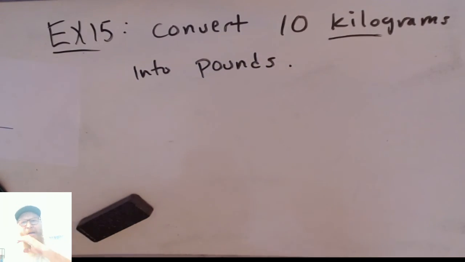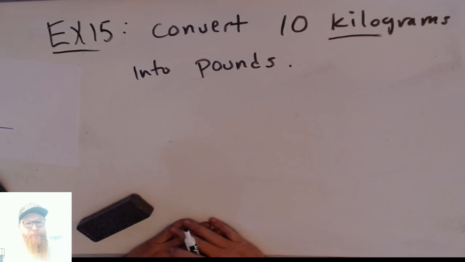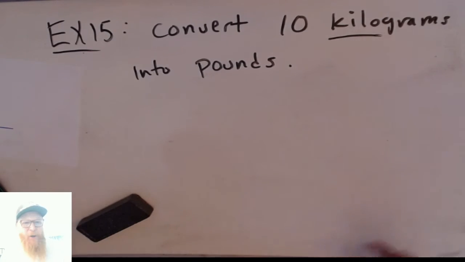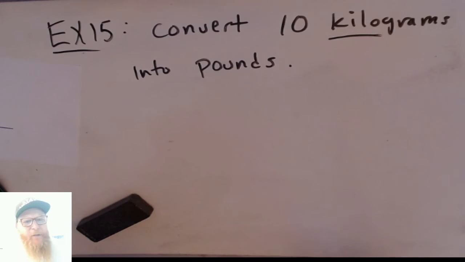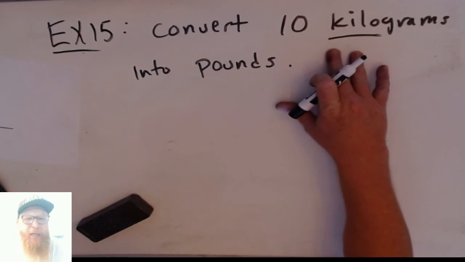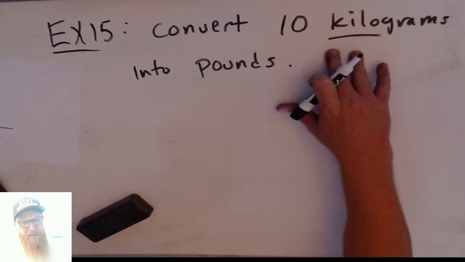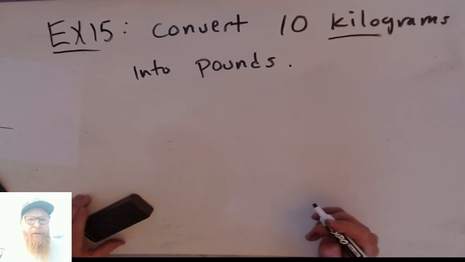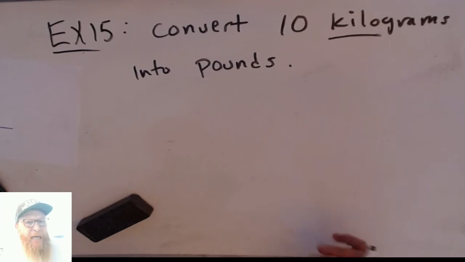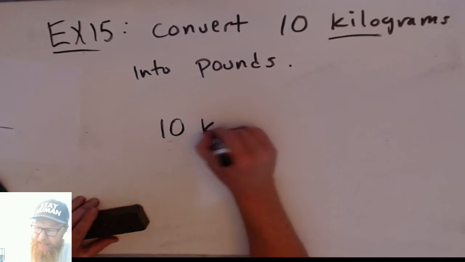All right. So you read an article, or you're doing a science experiment, or you're watching the news or whatever, and they mention something about 10 kilos, right? Well, 10 kilos, that sounds like a lot, right? Well, let's see, how much is it really? In a unit that you actually understand, right? So 10 kilos,